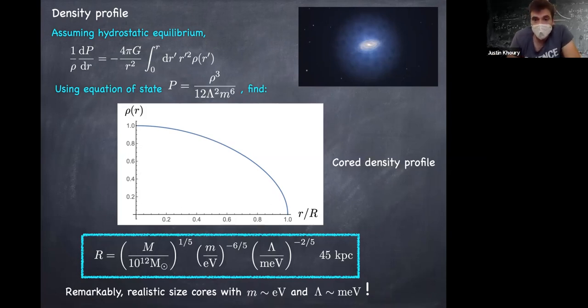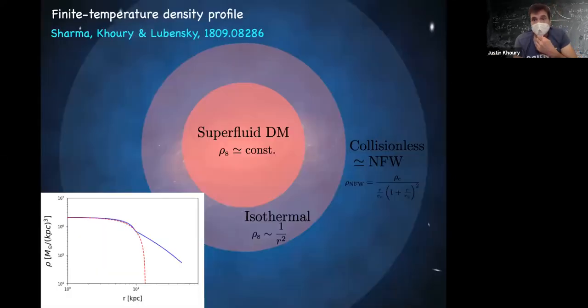Now, of course, you could say, well, the dark matter halo in our galaxy doesn't sharply terminate like this. This is because the discussion here is at zero temperature. And as we've discussed at the beginning, in a realistic halo, like our galactic halo, dark matter particles are whizzing around. They have a velocity dispersion, and therefore this is really at finite temperature. So if you do the calculation a little bit more carefully at finite temperature, this is what I obtained with my student and a condensed matter colleague at Penn, Tom Lubensky. So this is roughly the picture of how the profile looks.